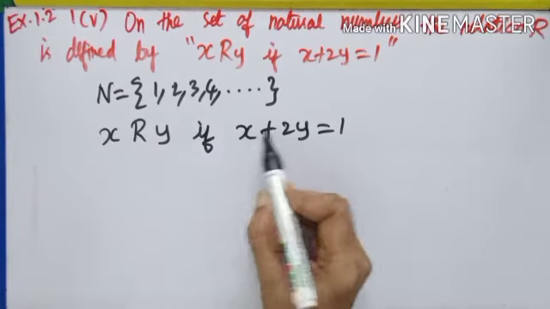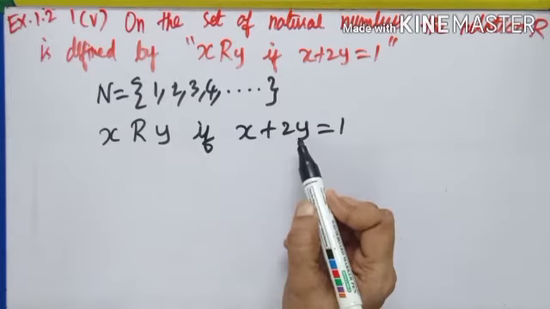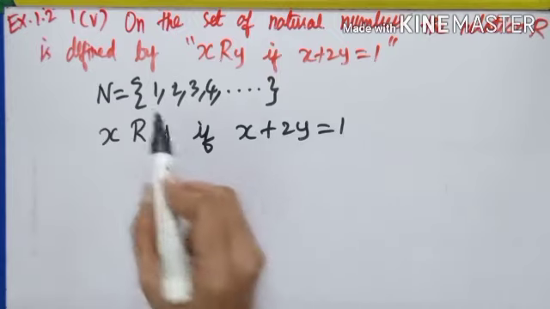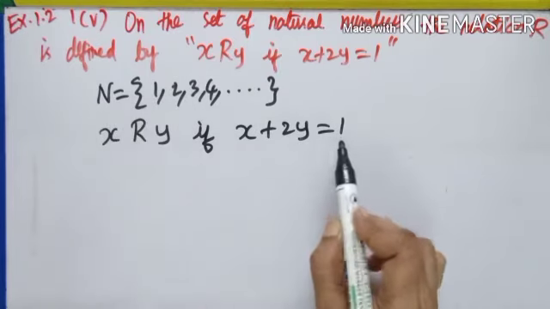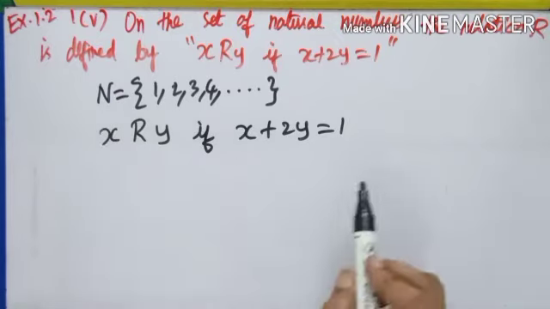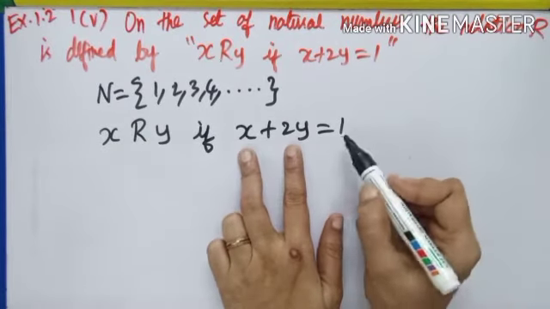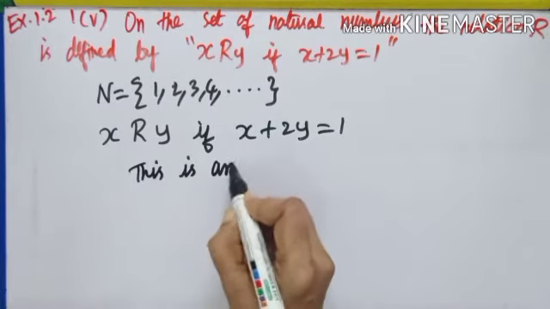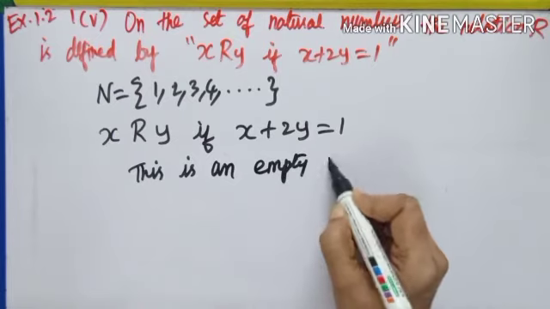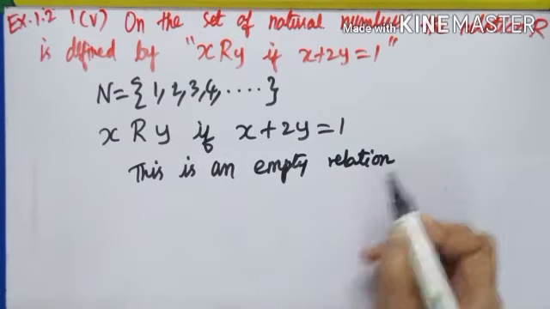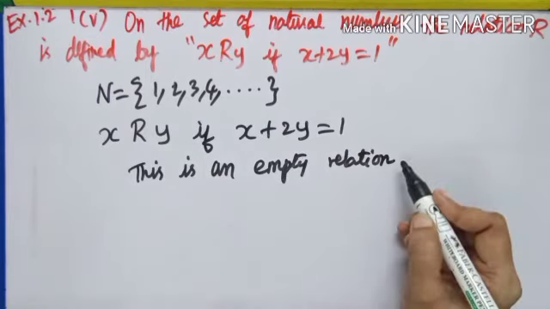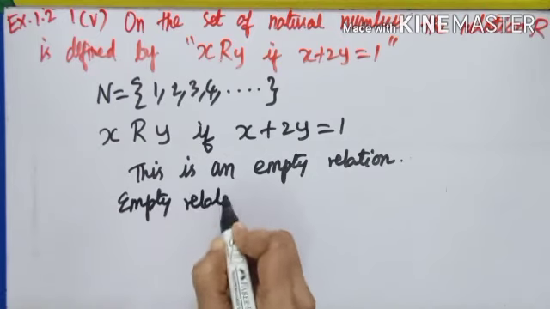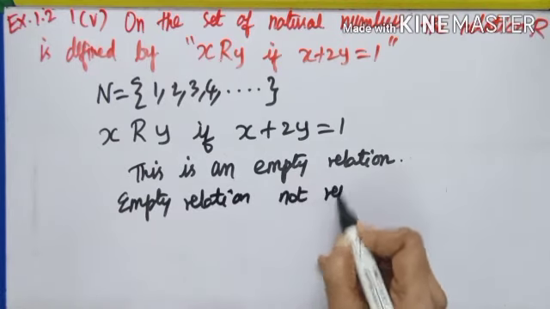Can you say some natural numbers for X and Y? Supposing I take 2 and 3. 2 plus 2 into 3, will it be equal to 1? 1 is the least natural number. 1 is the smallest natural number. Adding two natural numbers will not give me 1. So this is an empty relation. I cannot say even one element suiting this one. So this is an empty relation, and we know empty relation is not reflexive but